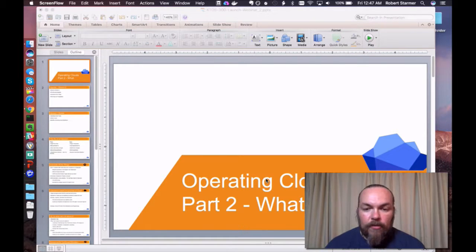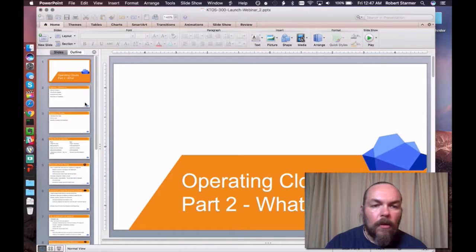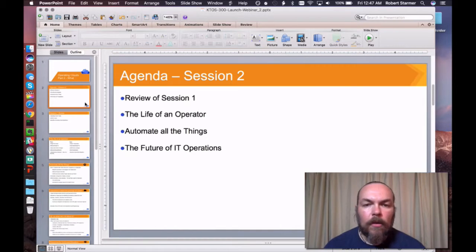This is going to be part 2, the what are we trying to do? What are we trying to accomplish by operating clouds? So in this session, we're going to do a quick